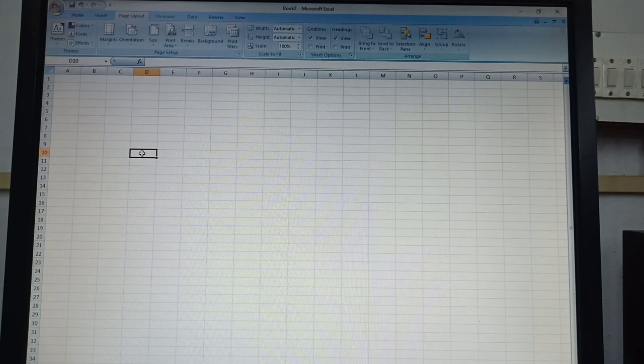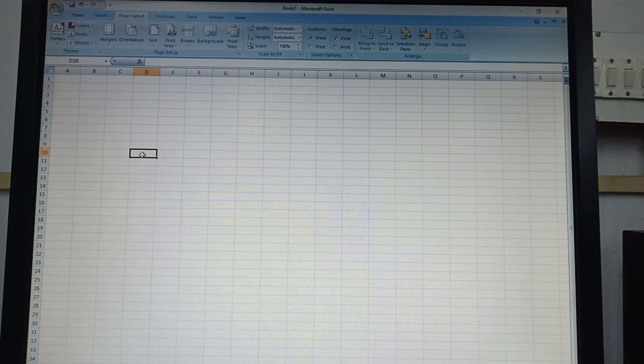The name of the cell is associated with the row column header, that is D, because this column is getting selected. This cell we are selecting belongs to D column. So D along with the row number will form the name of the cell. So the name of this cell is D10 and that is appearing in the name box.